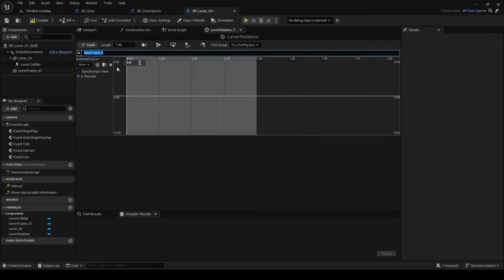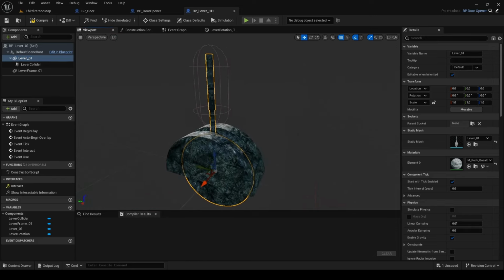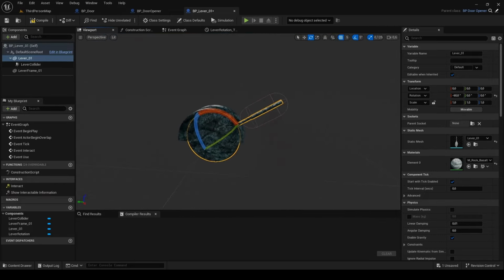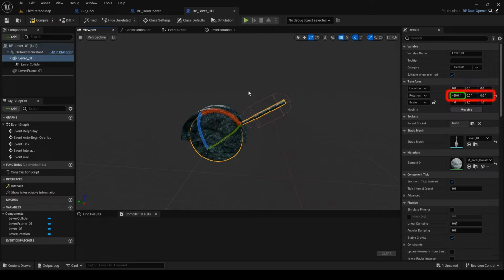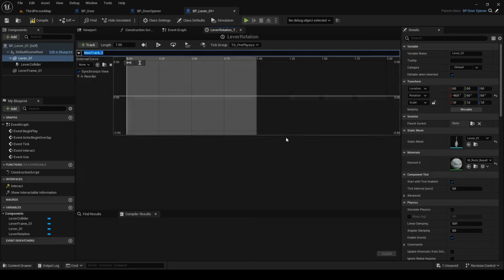But what values are we changing? To get the answer, go to the viewport and select the lever. I don't want the initial position to be in the middle, so switch the rotation and rotate it to the corner of the groove. The axis along which we are rotating can be different according to the direction from which we modeled the object. We can see that the X rotation value is changed, so go back to the timeline.